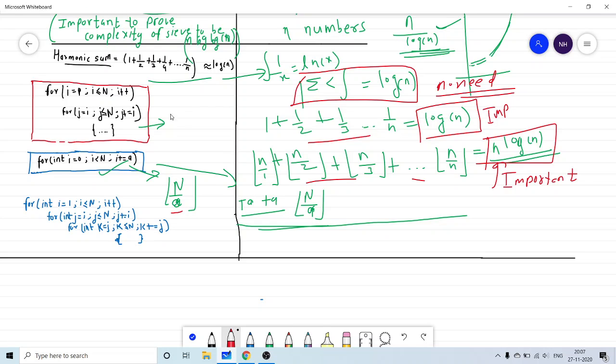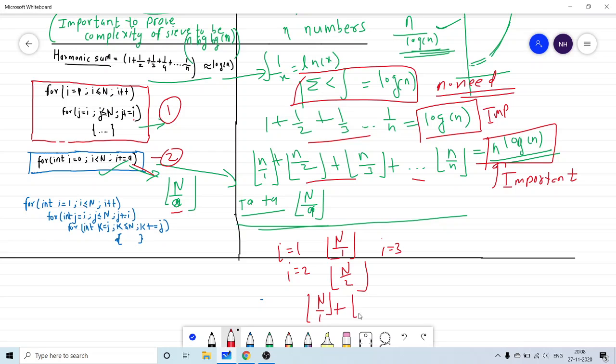So we will try to prove the complexity of this one block. Let's represent this block by the name 1. What will be this block's complexity? Let's analyze it. When I is equal to 1, it runs n by 1 times. When I is equal to 2, it runs n by 2 times. Why is this n by 2? You can see from here that for 2 it's n by 2. Similarly for I equal to 3, I equal to 4, and when you sum up all this, it comes to be